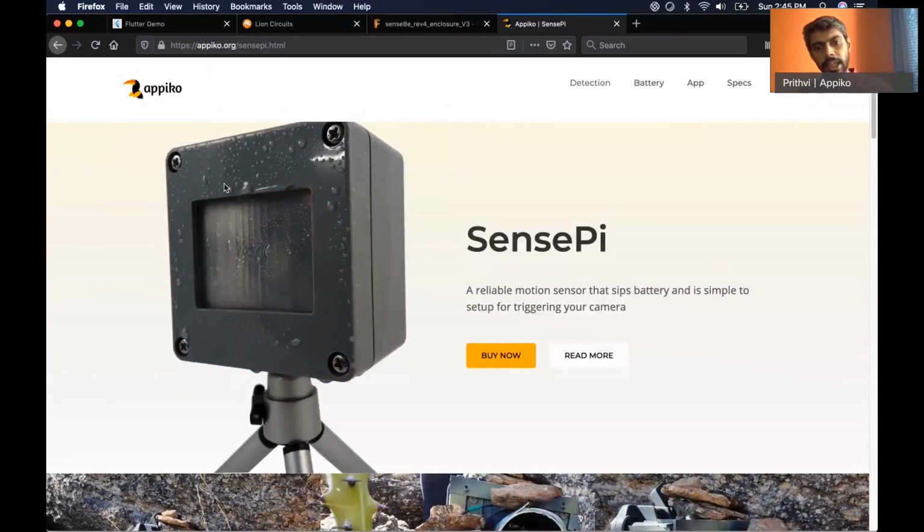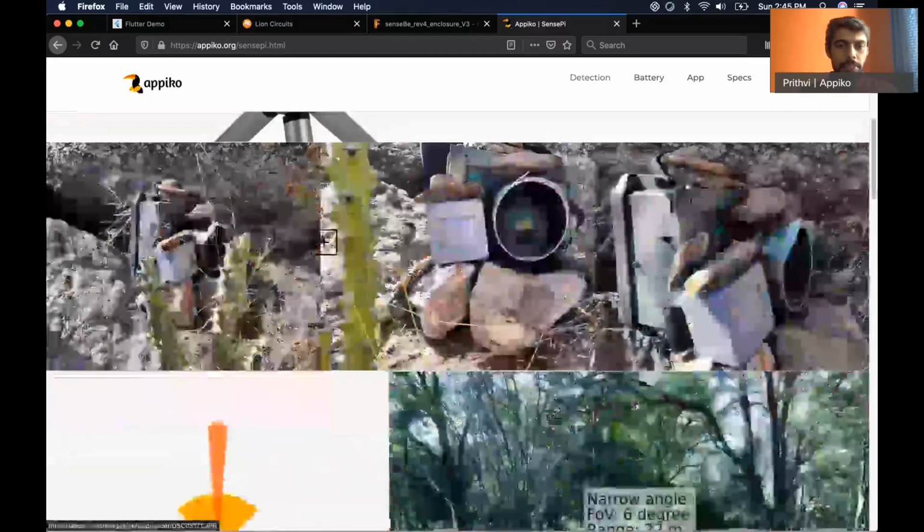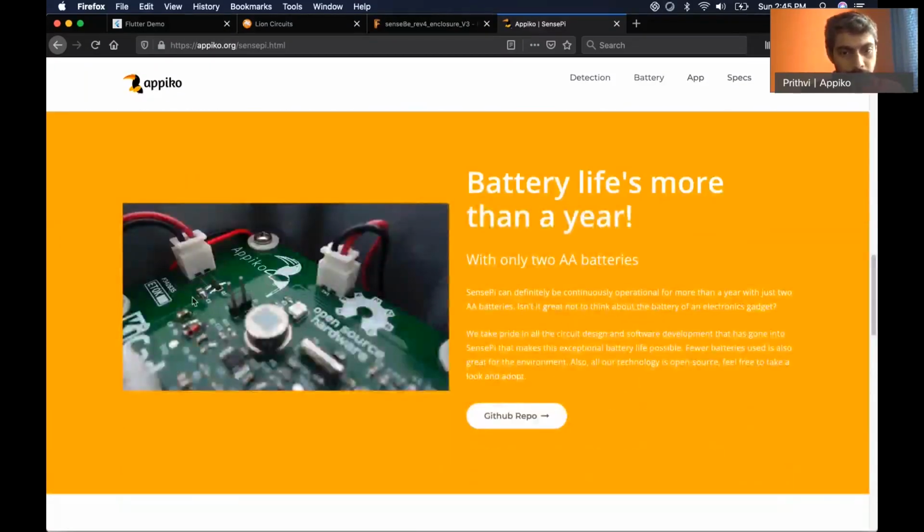So this is the PCB of SensePi. When you're designing a system, especially the electronics, you have to make sure that it is compatible and well thought out in advance for the enclosure that you're using.